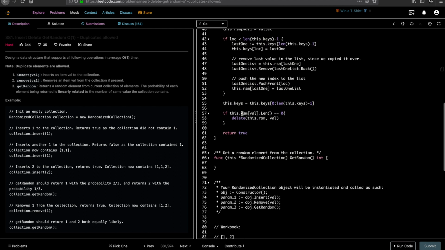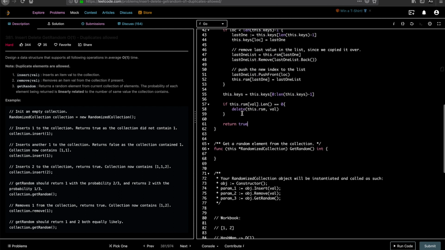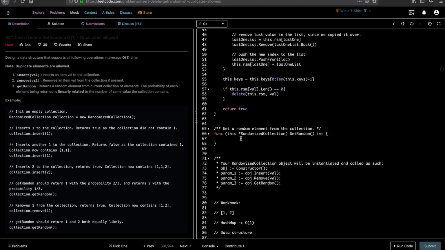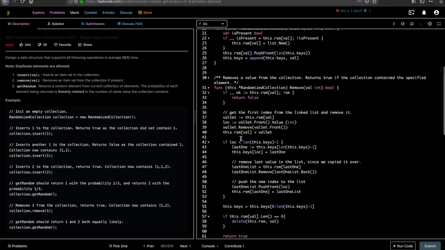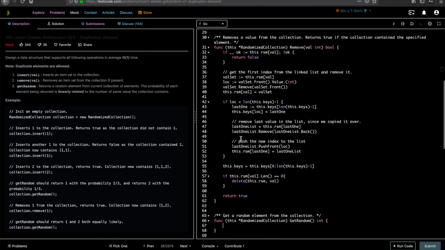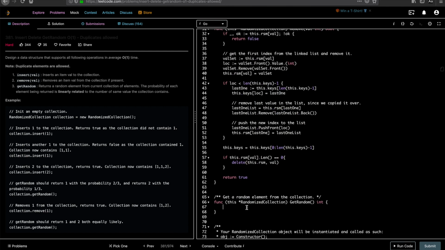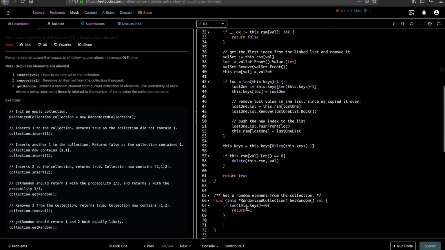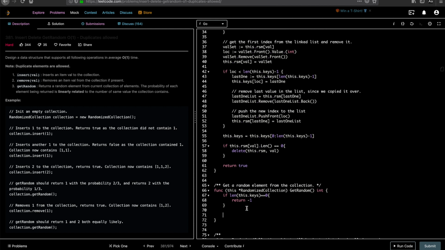Alright, so yeah, one more method. We implemented insert, we implemented remove. Now we are going to implement getRandom. So first let's check for the length of the keys. If length of the keys is equal to 0, you return -1, because you can't return a random value from the empty list. If not, just return